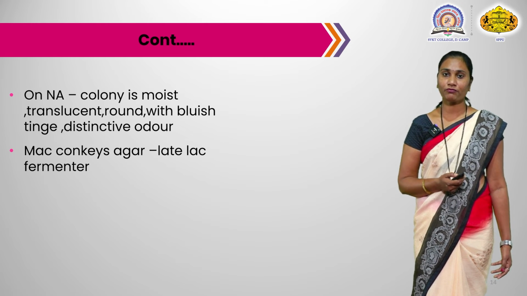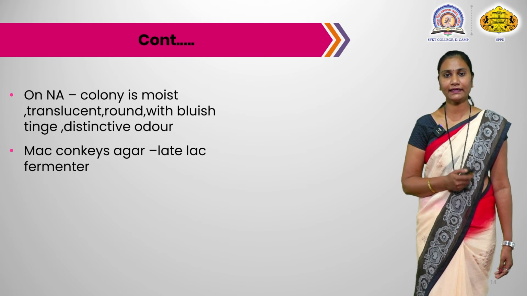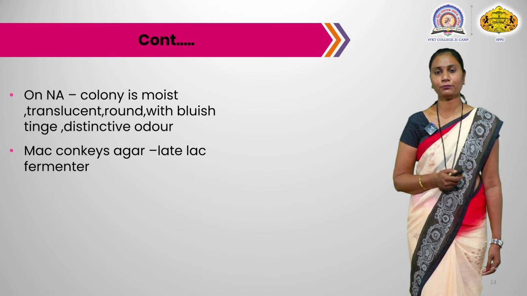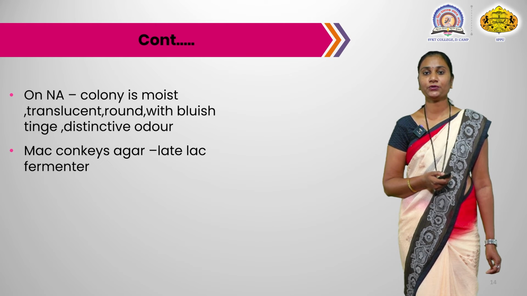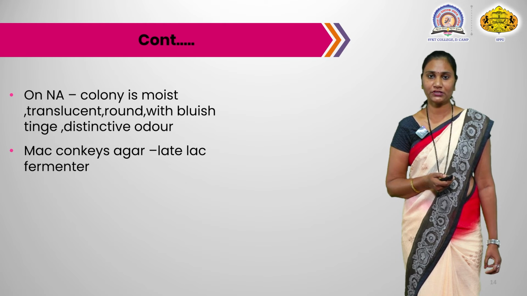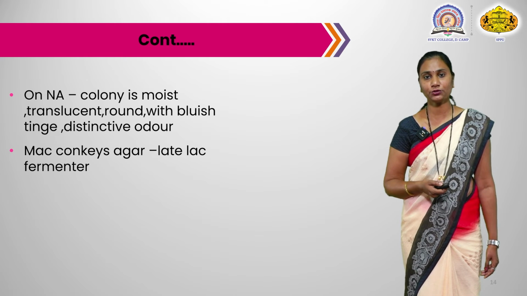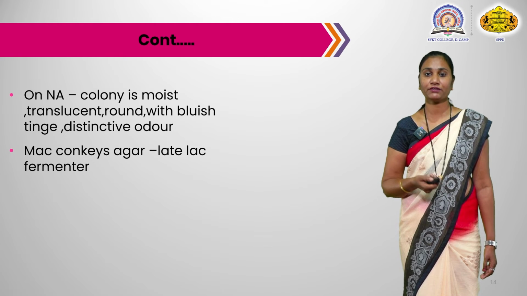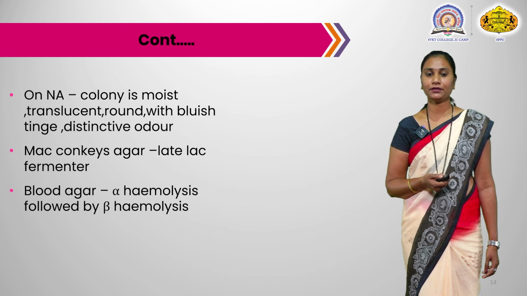But when we talk about Vibrio cholerae, this organism is a late lactose fermenter. Now what is a late lactose fermenter? Late lactose fermenter organisms are the ones which produce pink colonies on MacConkey's agar after a prolonged incubation. Means if you culture it today, after 24 hours you won't get a pink colony, but if you prolong the incubation for 48 or 72 hours, then the organism will surely show you a pink colony. So your Vibrio cholerae is a late lactose fermenter.